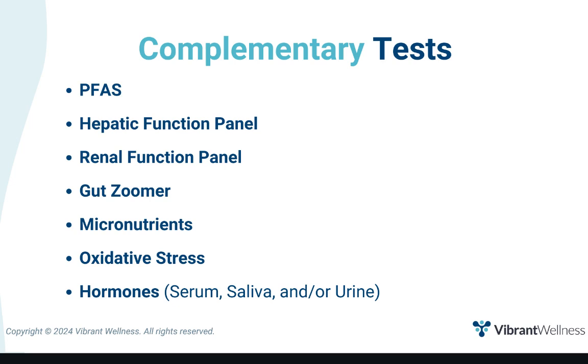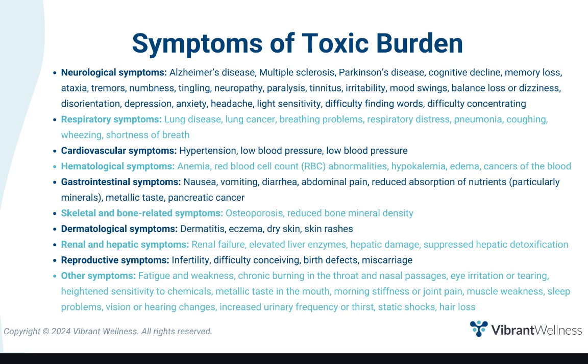Also, the oxidative stress profile to assess how much toxin exposure is accelerating aging in your patients. And finally, hormones, be it serum, saliva, or urine, to investigate the impact of toxic chemicals, metals, and mycotoxins on endocrine and reproductive symptoms. In conclusion, the Total Tox Burden test measures 20 heavy metals, 29 mycotoxins, and 38 environmental